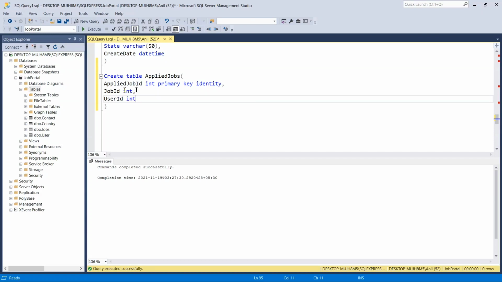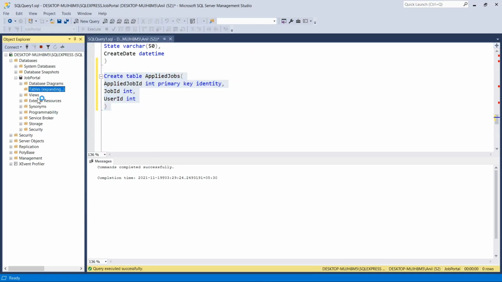Okay, so three columns we are going to use here. So basically it stores the job ID and the user ID, which will tell which user has applied for which job with their IDs. Okay, so let's create it, execute. So our table has been created.